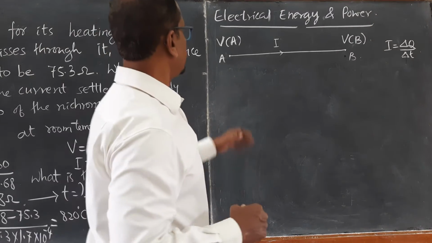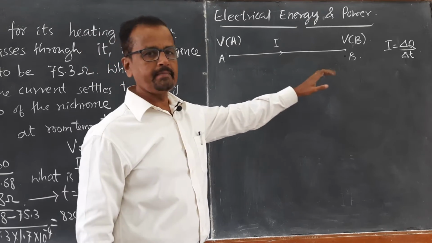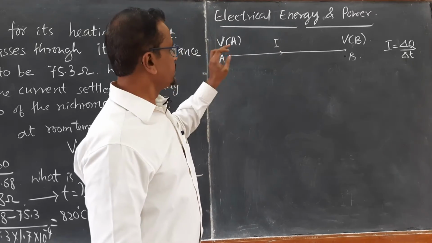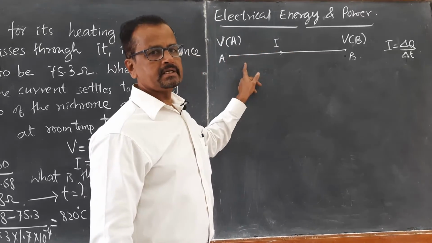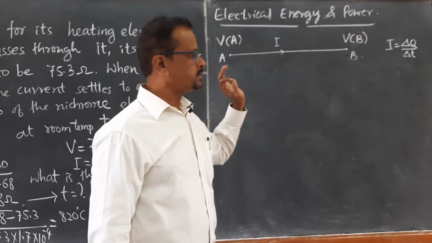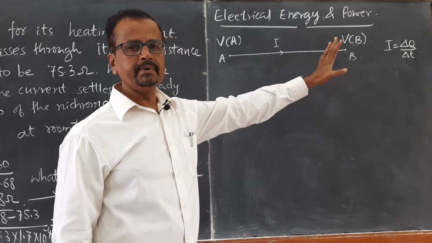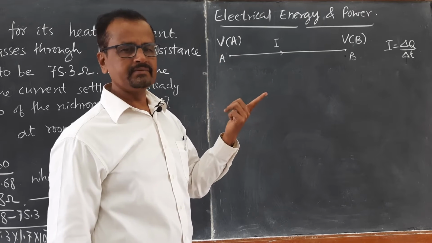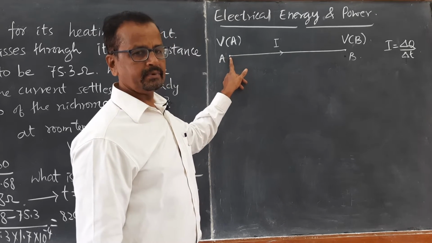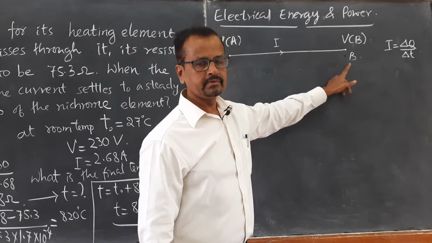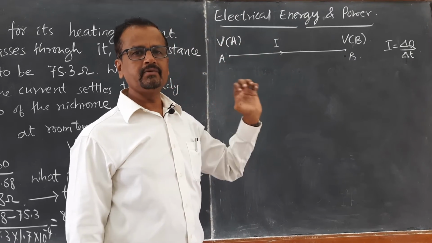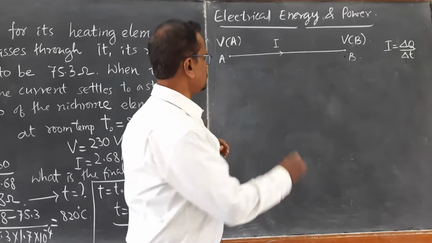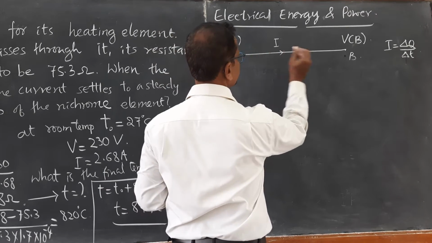Okay, now let us study about estimation of electrical energy and power. Consider there is a conductor AB, and think that there is a flow of charges and there is a current flowing from end A to end B. When the current can flow from end A to end B, what does it mean? There should be a potential difference. A should be at a higher potential, B should be at lower potential. When there is a difference of potential, then only the charges can flow from higher potential level to lower potential level. So, the potential difference must be present.